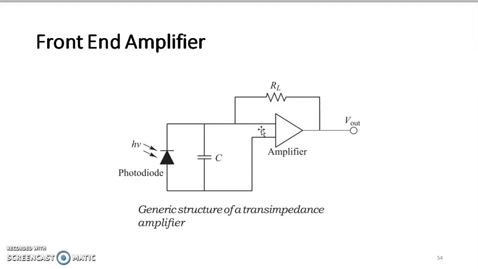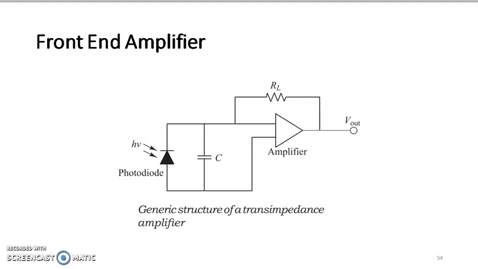Transimpedance bandwidth increases by a factor of G plus 1 for the same load resistor. And if you compare that with thermal noise in the case of high impedance, the thermal noise reduces there, but here in the transimpedance case the thermal noise increases, and that increase is usually less than a factor of 2 and can be tolerated as compared to the high impedance amplifier.